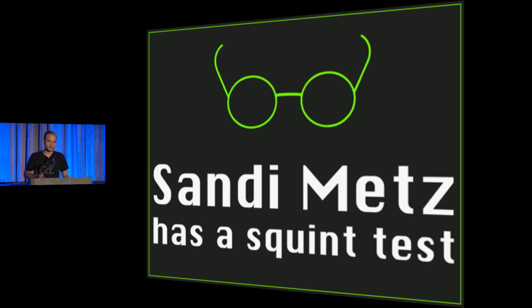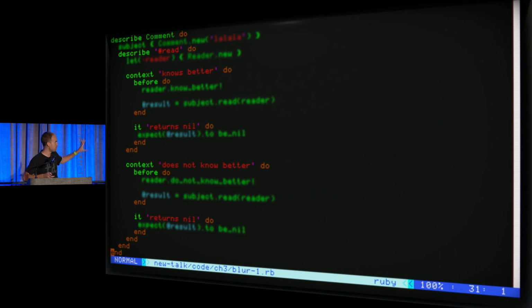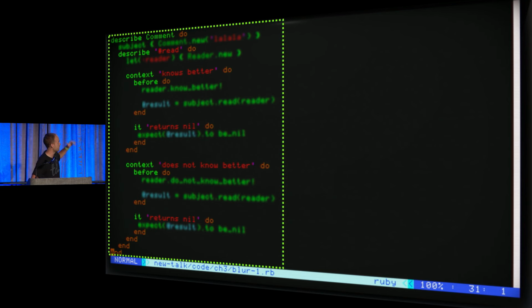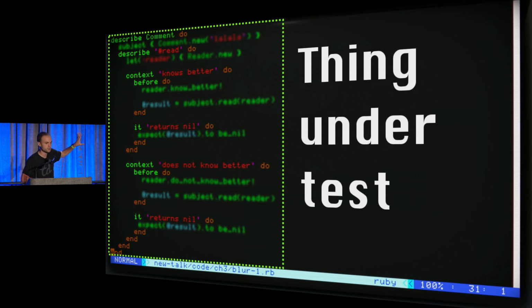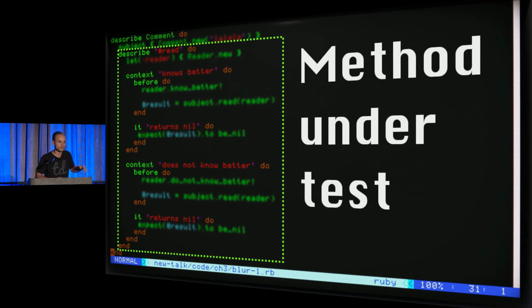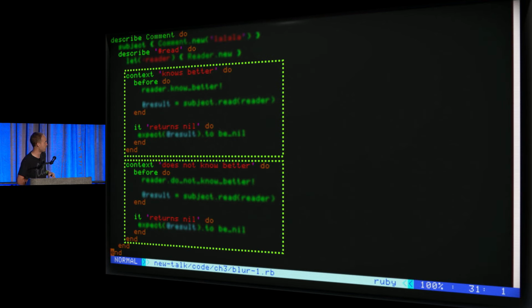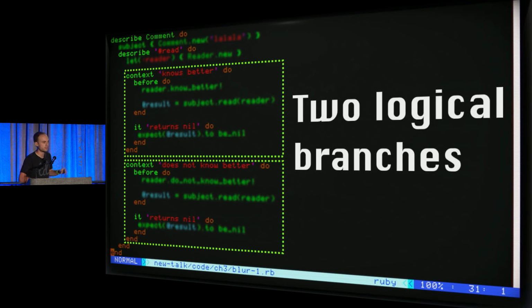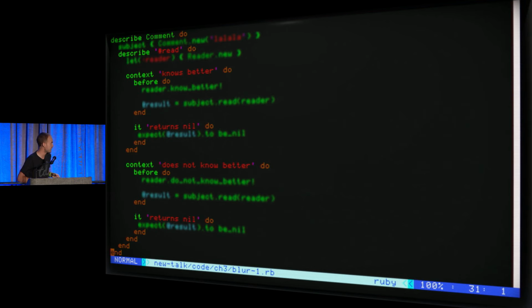Sandy Metz, who's a great author, has a thing called the squint test for reasoning about certain conclusions about big blocks of code when she's trying to understand a big code base. And I do the same sort of thing when I'm reading somebody's tests. Particularly in a BDD style, I want to see all the indentation under a thing pointing out clearly this is one thing under test. And each sub-indentation, the first nested indentation, should be each method under test, ideally in the same order they're defined, so I can just scan through. And I use the context keyword when I'm using RSpec to point out these are the two logical branches. And that nesting is helpful because it's a mirror of the actual cyclomatic complexity of the function being tested.